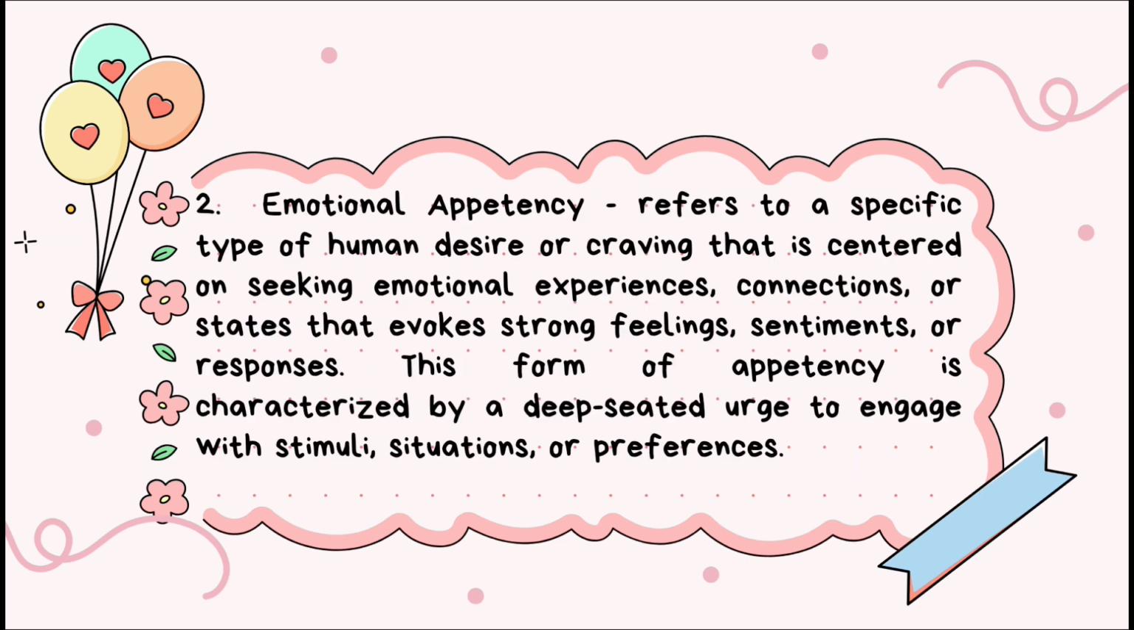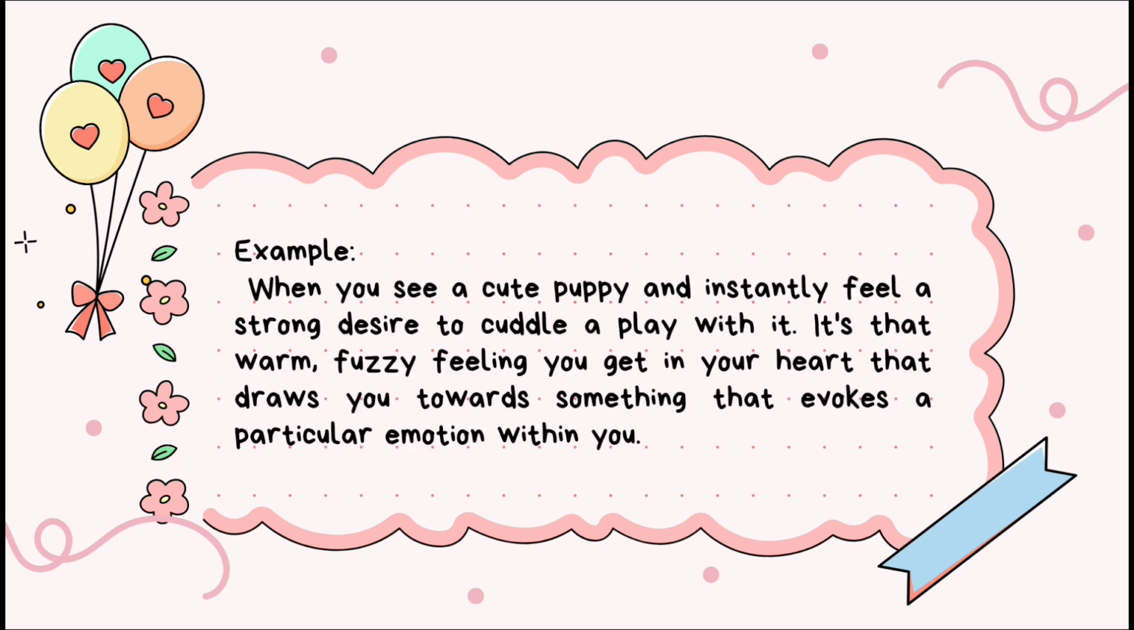Number two is emotional appetency. It refers to a specific type of human desire or craving that is centered on seeking emotional experiences, connection, or states that evoke strong feelings, sentiments, or responses. This form of appetency is characterized by a deep-seated urge to engage with stimuli, stimulation, or preferences. An example of emotional appetency: when you see a cute puppy and instantly feel a strong desire to cuddle or play with it. It's that warm, fuzzy feeling you get in your heart